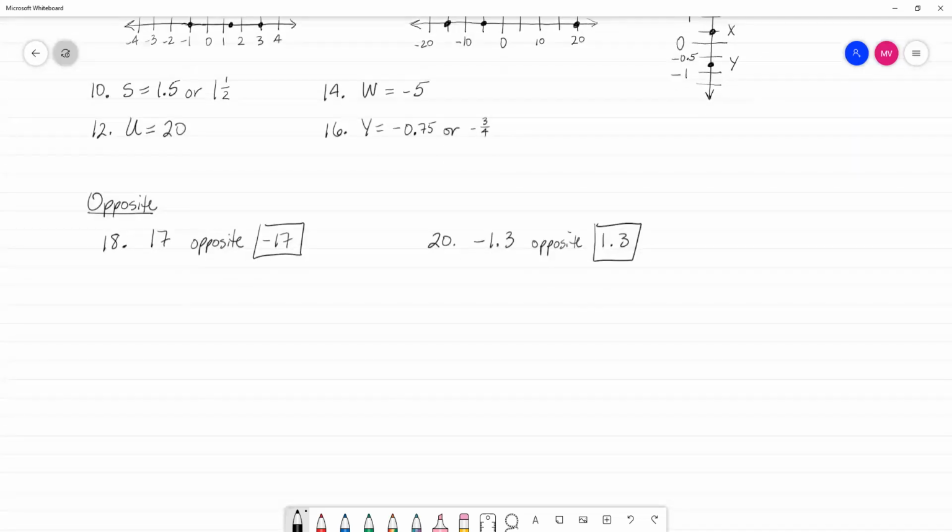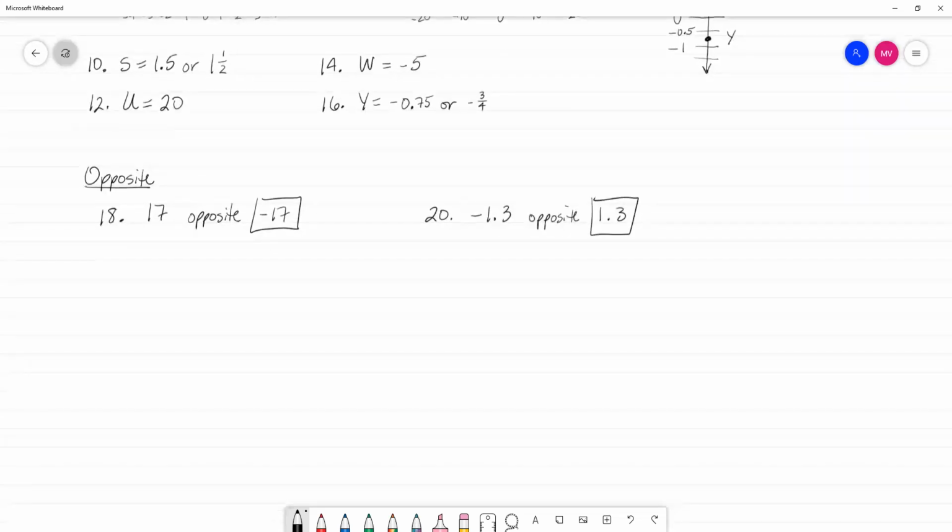Okay, and then 22 and 24 are asking for absolute value. So remember, absolute value is talking about the distance from the origin. What is the origin? It is 0. So distance from 0. All right, 22